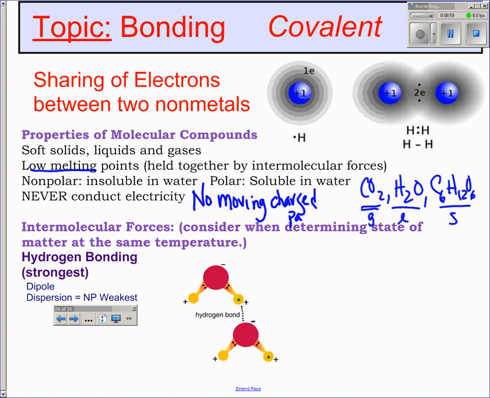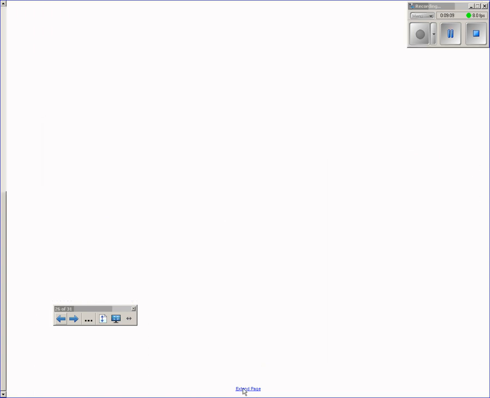Now, here's what I want to show you. I'm going to extend this page a little bit, and I'm going to draw this myself. Okay, very important what you need to know here. Let's take water, for example. I'm going to teach you how to draw these dot diagrams later on if you forgot, but for right now, I'm going to draw it myself. Now, this bond represents a shared pair of electrons, right? A shared pair of electrons. And that bond can either be polar or nonpolar. We determine if it's polar or nonpolar if it,